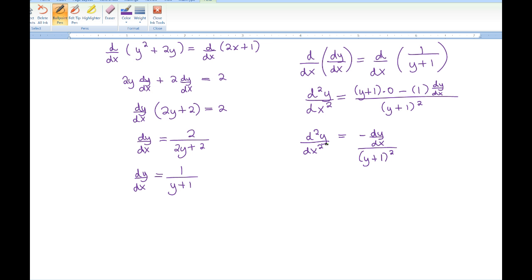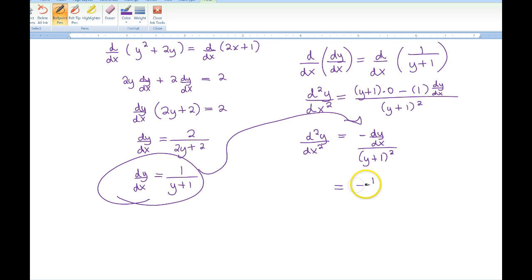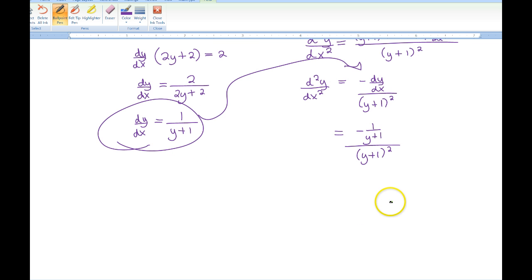Okay, that's not our answer. We gotta get rid of the dy dx, because we have to use dy dx here and plug it in there. Just make it negative. We gotta plug that in. Whatever that is. So now we have to plug in a negative 1 over y plus 1, all over y plus 1 squared, which ends up being